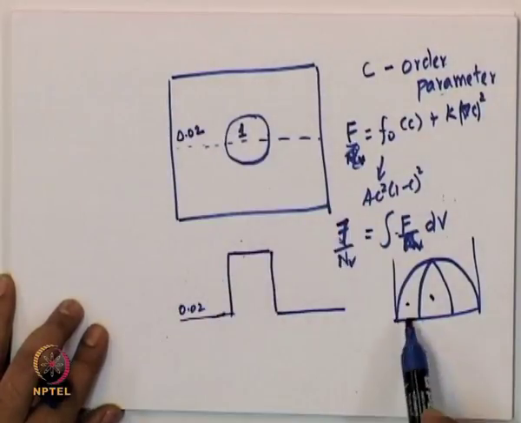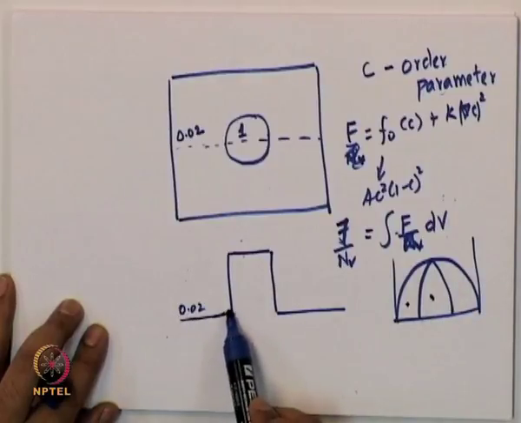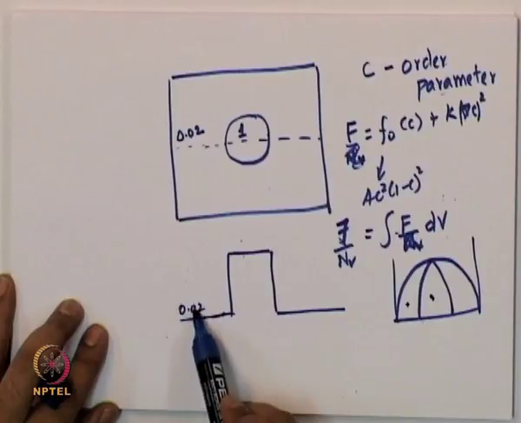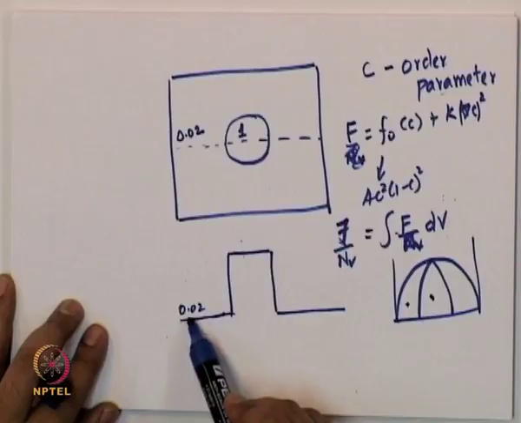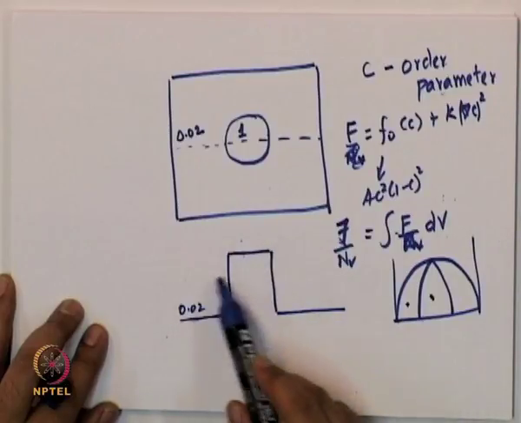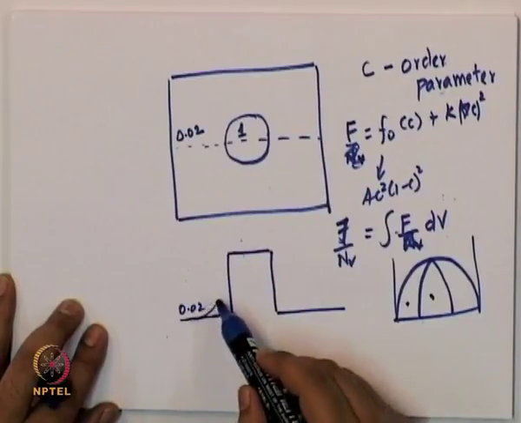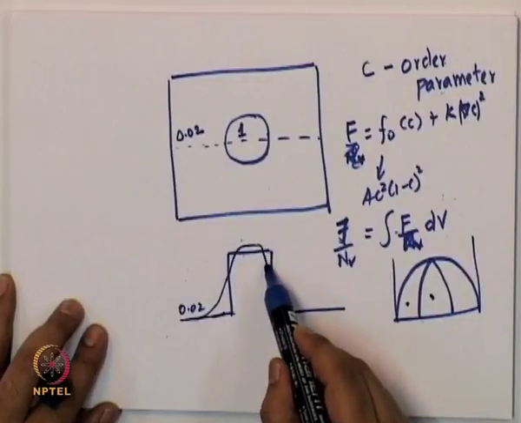Now, if you consider such a scenario, then there is no spinodal decomposition, but because there is some excess saturation, supersaturation in the matrix, the matrix would like to be 0, but it is 0.02. So, these excess B atoms are going to come and grow this precipitate. So, after some time the precipitate is going to have a composition profile that looks like that.